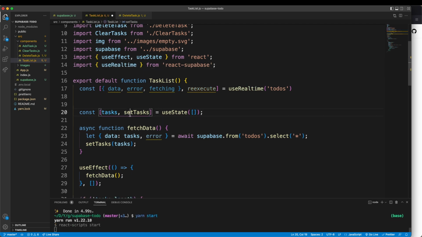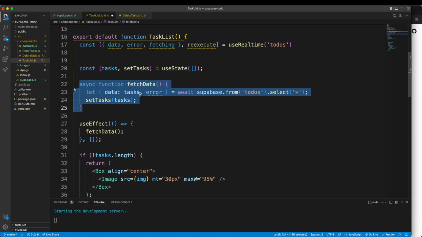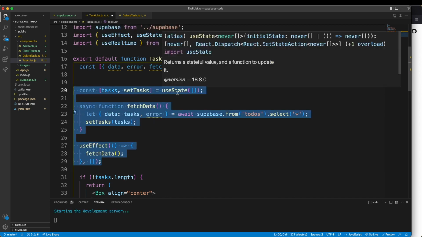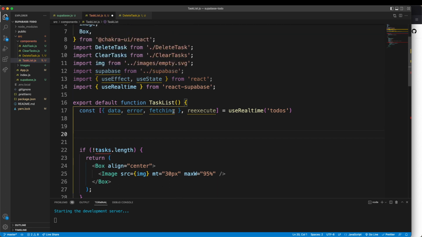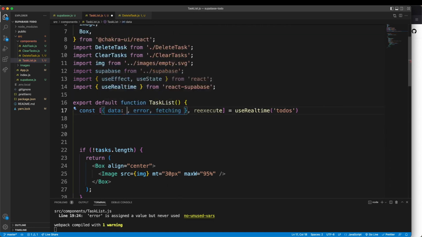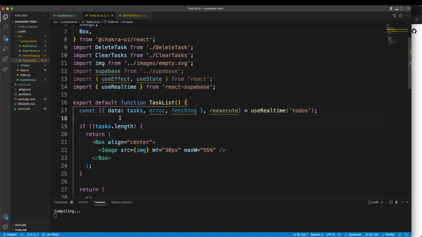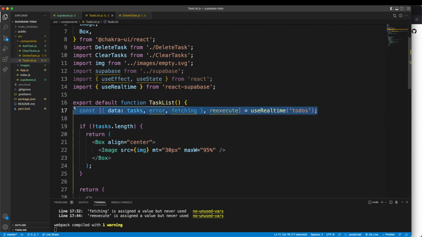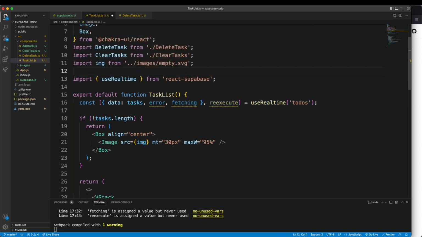And instead of having this asynchronous fetchData function and putting that in the useEffect and all of that and the React state, I'm just going to get rid of all of that. And you can see that we can just change this data to tasks. And that's basically everything that we had to do. So you can see how much simpler the syntax has become. We just got rid of so many lines of code, and we just use this single realtime hook. And we can even get rid of the useEffect and useState, and we don't even need to import